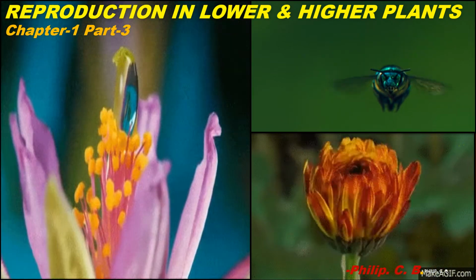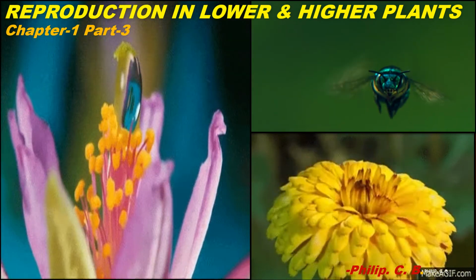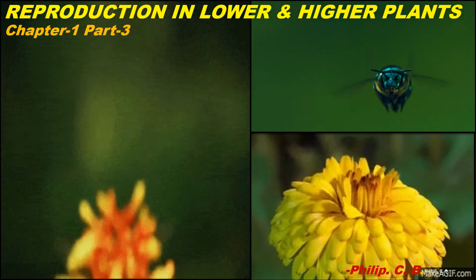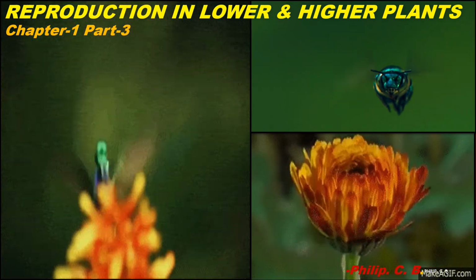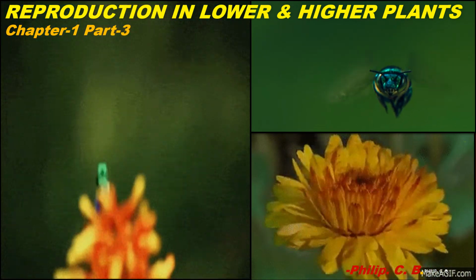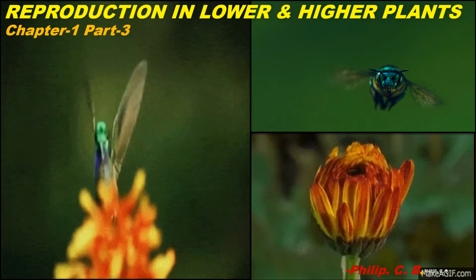And in the second video of the chapter we learned sexual reproduction, that is structure of anther, microsporogenesis, structure of microspore, development of male gametophyte, structure of anatropous ovule, development of female gametophyte. Now in this particular part of the video we are going to learn about pollination in detail.